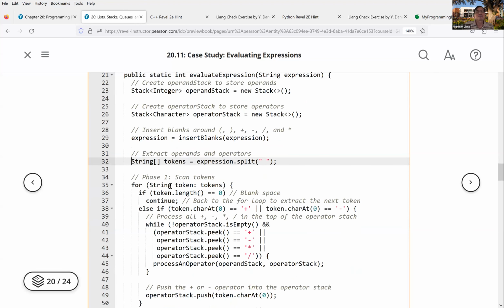And so we're going to go through each token. If token.length is equal to 0, we just skip it, since you may get empty tokens. So this is a continue and go back to the for loop. Else, if token.charAt(0), the current character I'm scanning,